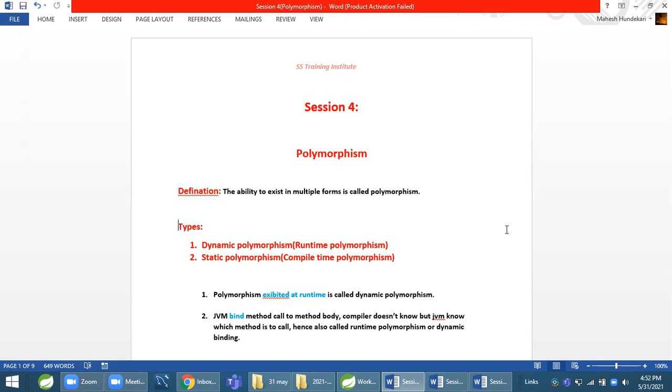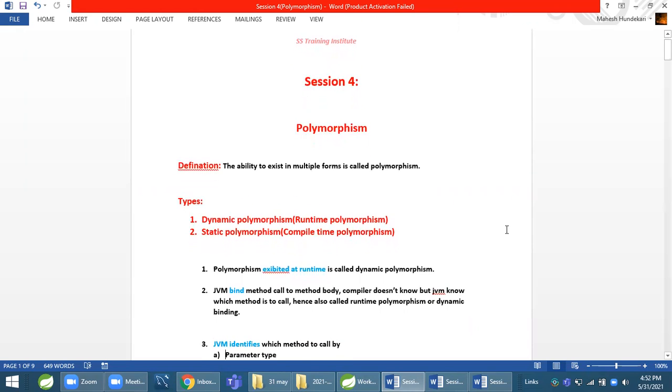There are two types, method overloading and overriding. With the help of these two, we achieve polymorphism. In static polymorphism, we do only method overloading. Method overriding is not allowed. In dynamic polymorphism, we achieve both method overloading as well as method overriding.